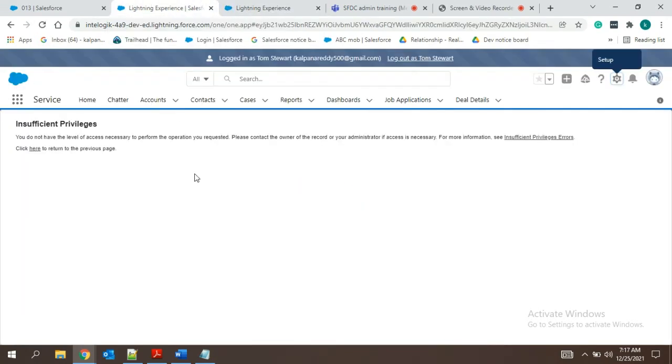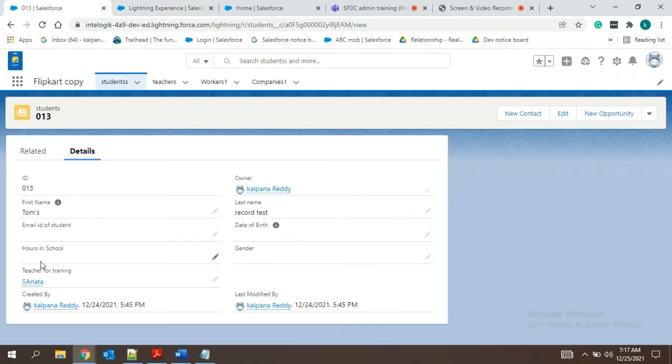So you got to know how it acts, because it's my record, which was created by Kalpana. Before that you have to understand one more thing, owner. Did you recognize this? Owner means, as we were discussing, by default four fields are created when we create an object.